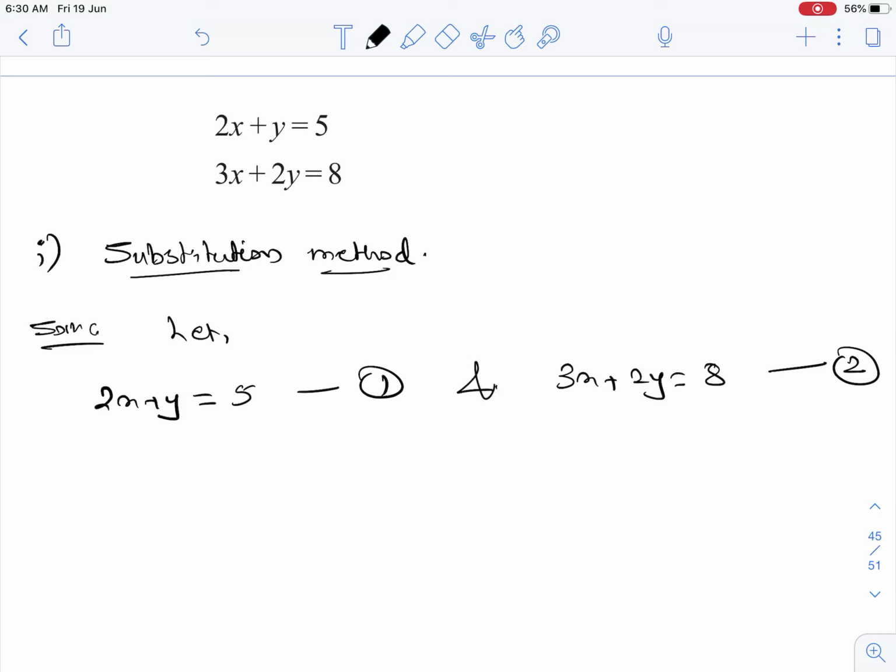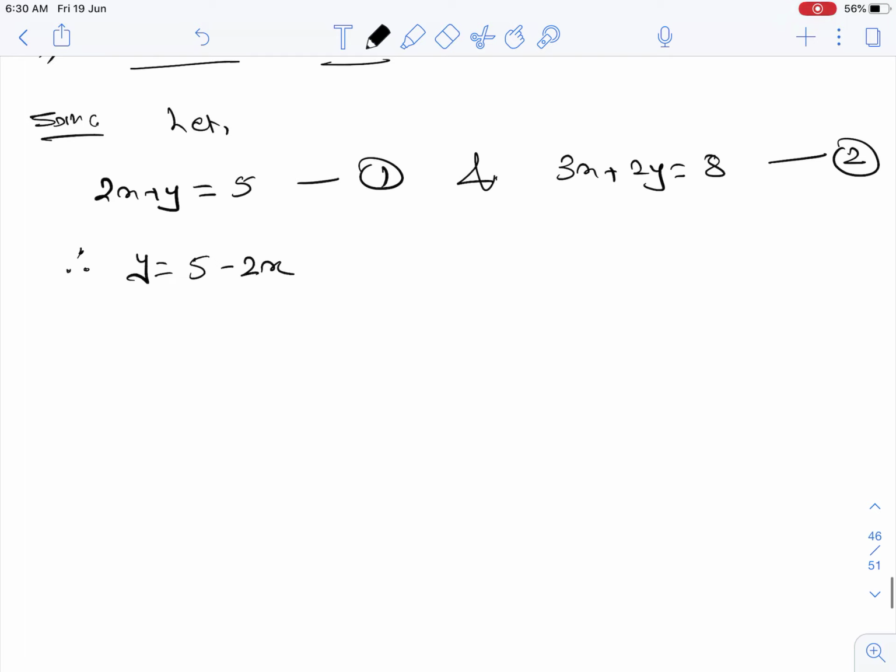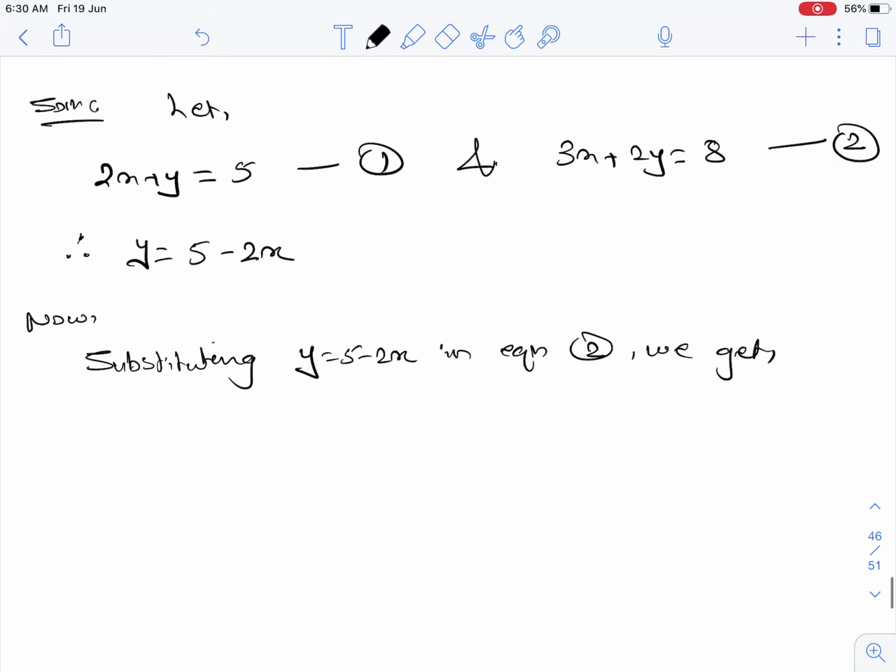Now this equation number 1 can be written as y equals 5 minus 2x. Now what we are going to do is substitute this value of y in equation number 2. So let us mention it. Now, substituting y equals 5 minus 2x in equation 2 we get,